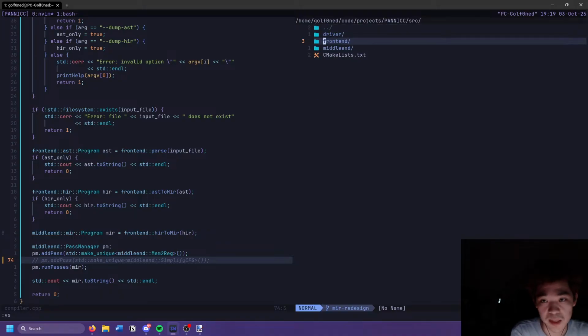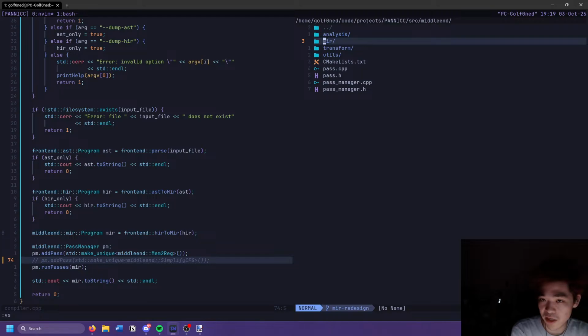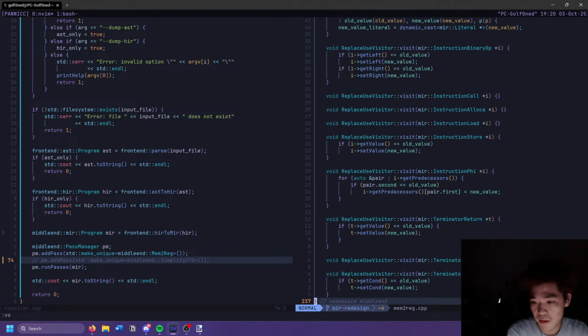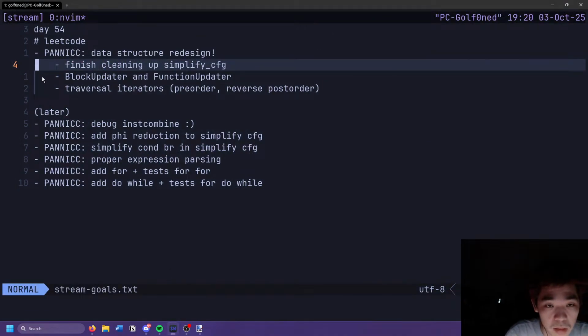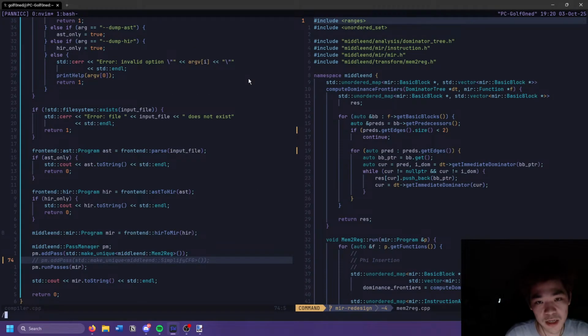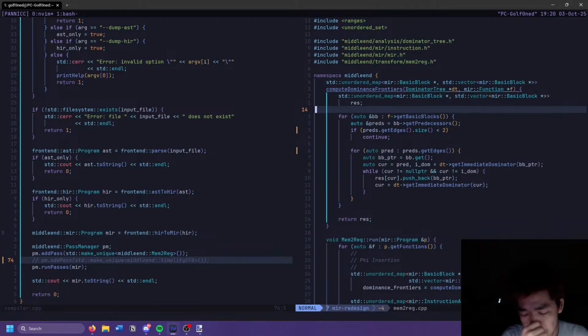Yeah, that's my rough explanation. I can elaborate more at some other point in time. But I think the issues we're running into here are just a result of me not having implemented the basic block delete thing. Or what did I call it here? The block updater and the function updater. So I'll probably work on that next time. That might be a little bit though, because I have a hackathon tomorrow, so I literally will not have time